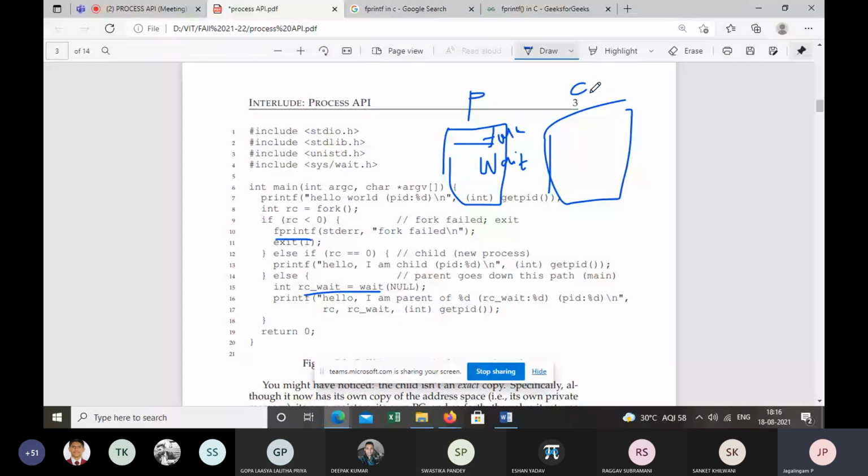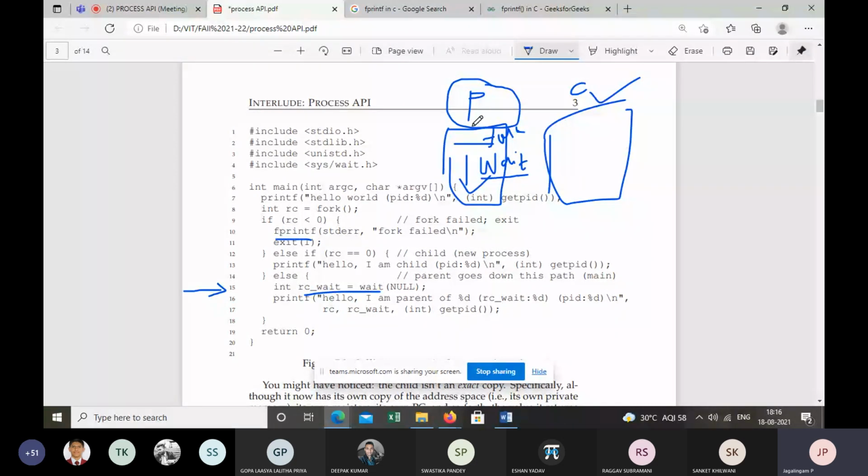Until the child completes, the parent will wait. After the child completes the execution, the wait system call will return to the parent process, and then the parent will execute. That is what happens in line 15. The parent is calling the wait system call, therefore the parent is waiting for the child to complete the execution.